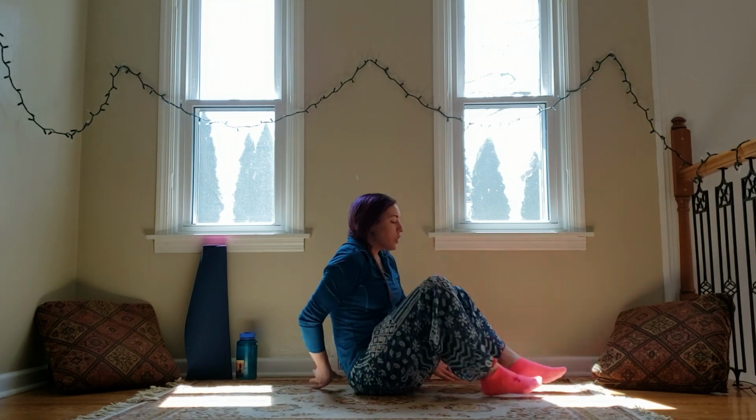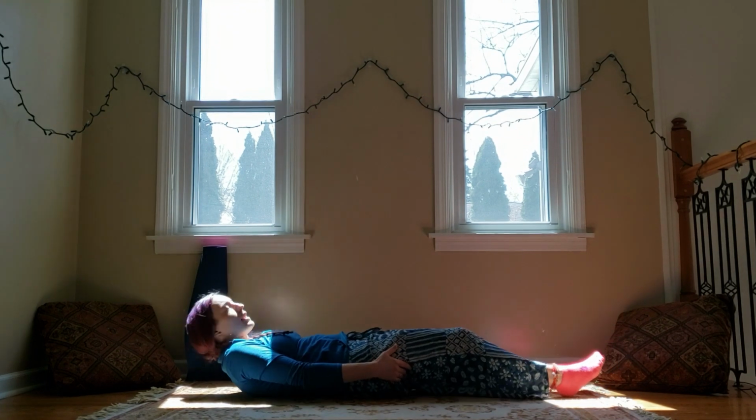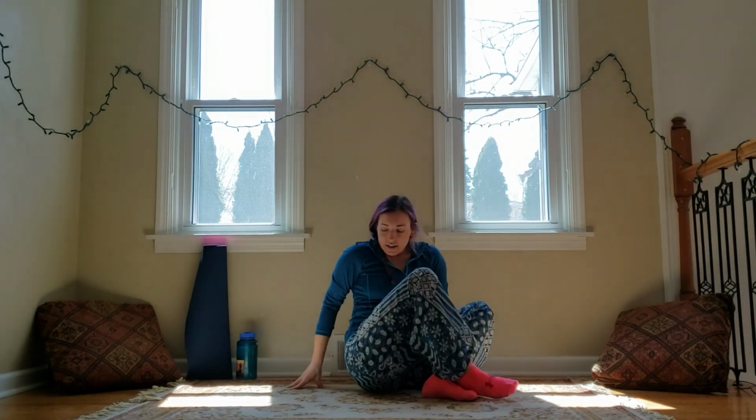The first pose you can do is Savasana. It's a laying down pose, and you can just lay down your legs straight away from your body. You lay down your head, and you put your arms out to the sides, nice and relaxed. If you don't want to do Savasana, you can do lotus or half lotus. So you can either just cross your legs, or to get a half lotus position, you want to take the